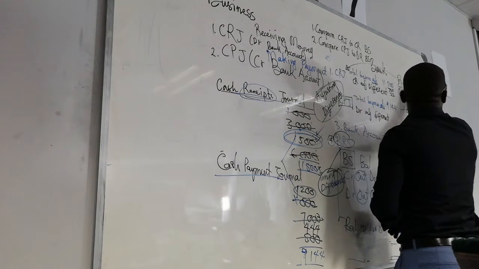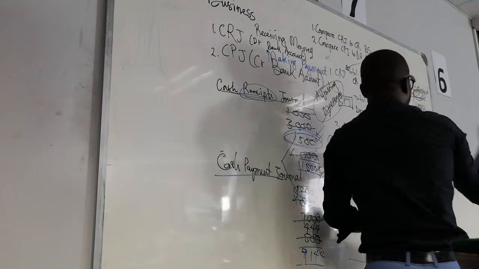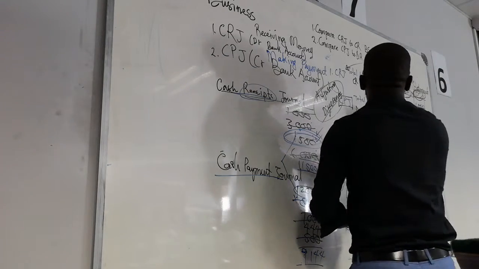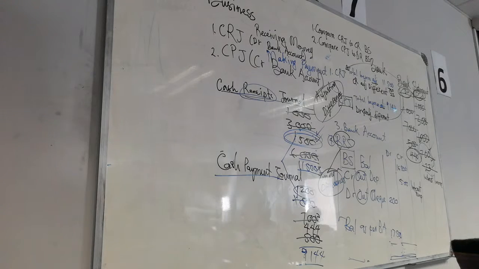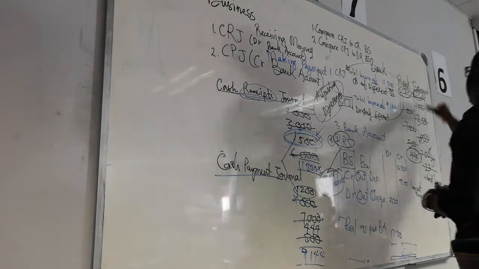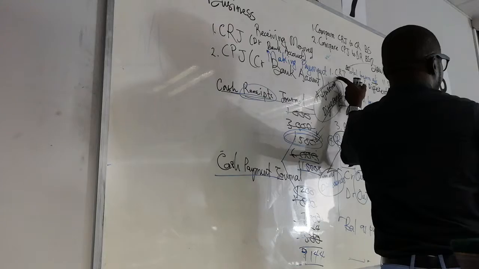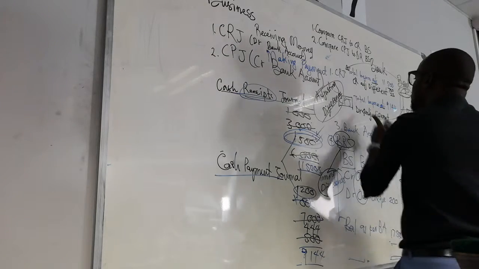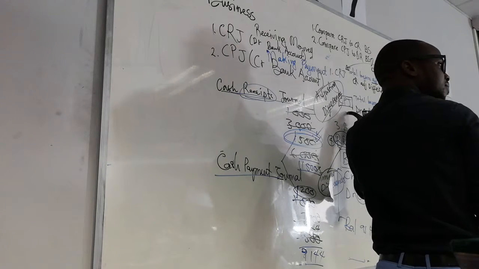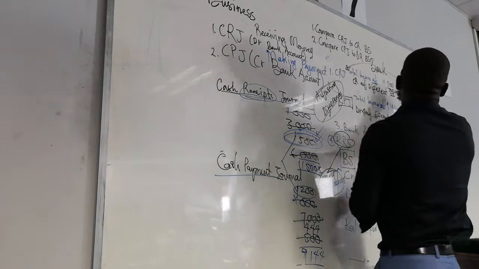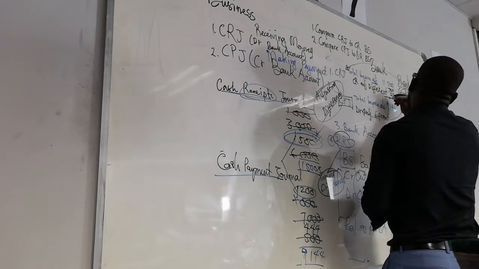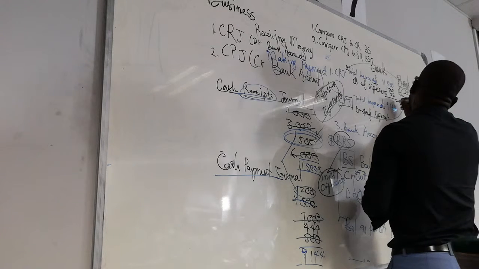The debit adjusting differences, you bring them into your CPJ. They were supposed to be there. We did not know that they are there until we received the bank statement. Are we together? So at the end of the day, what do we want? We want everything that's on the credit side to be in our CRJ, and everything that's on the debit side to be in our CPJ. Are we together?